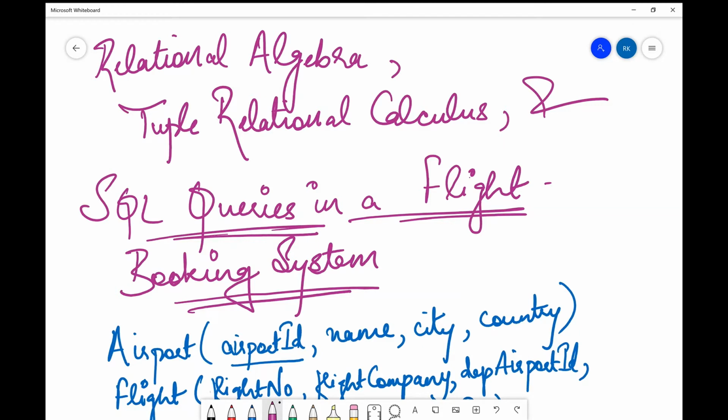So in this video, we are going to talk about a very important topic of database, which is relational algebra. Basically, there are three major important topics where you get queries from. So we are going to deal with all of those three in this video. This is also a type of three-in-one video, as we saw a question in GATE which covered three concepts in it. So in this video, basically we are going to discuss relational algebra queries, tuple relational calculus queries, and SQL queries. I have taken an example of a flight booking system and I have projected some queries regarding that system, and let's see what those are.